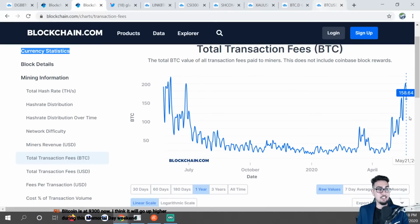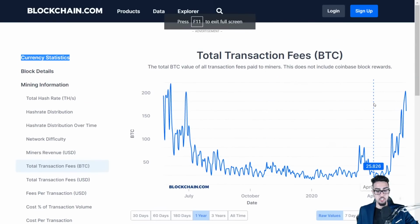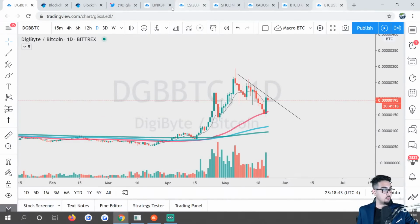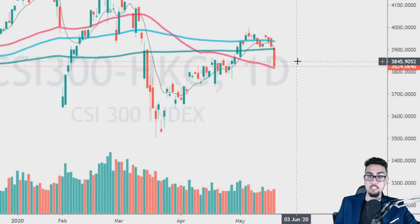Or are we going to continue to see another higher high, which could potentially lead us to higher price levels for Bitcoin as well? So I think that's another important factor to watch here. And I will be keeping track of the total transaction fees over the next few days as we head into the weekend. But realize that next week is going to be very interesting when it comes to all markets, especially